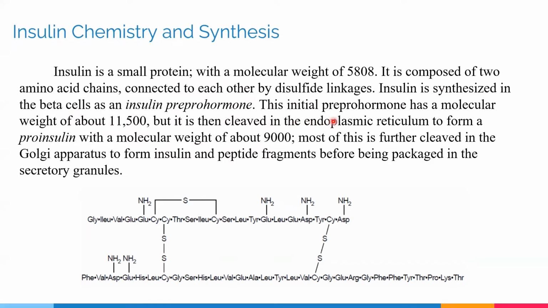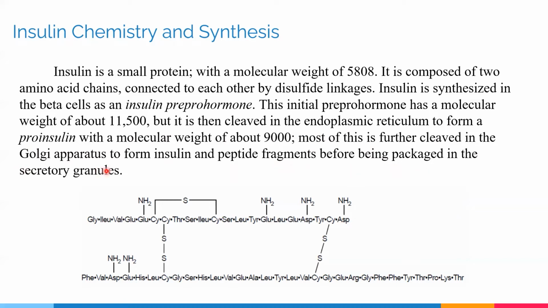This initial pre-pro hormone has a molecular weight of about 11,500, but it is then cleaved in the endoplasmic reticulum to form proinsulin with a molecular weight of about 9,000. Most of this is further cleaved in the Golgi apparatus to form insulin and peptide fragments before being packaged in